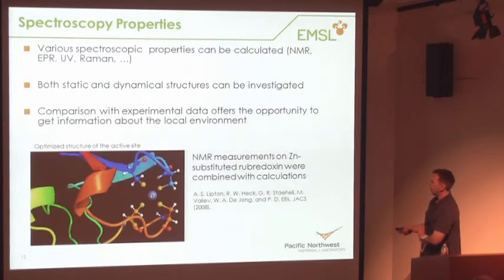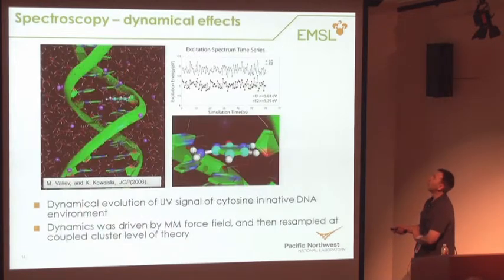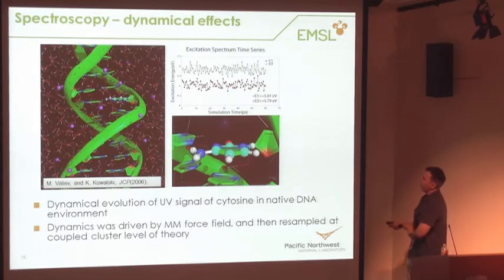So this is an example of the NMR calculation that we did for the zinc metalloprotein rubredoxin. So as I said, we can perform simulations or property calculations not on static structures but on a dynamically evolved one. So this is an example calculation of a strand of DNA, and we looked at the UV signal of excited states. So we looked at the first two excited states,